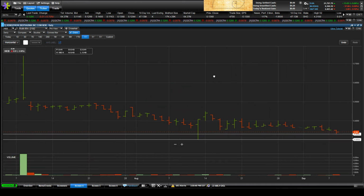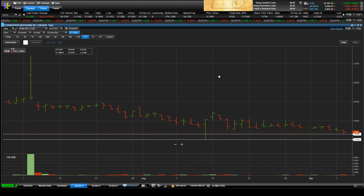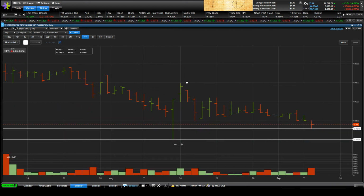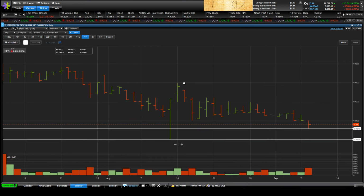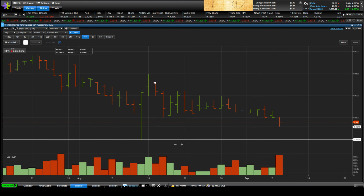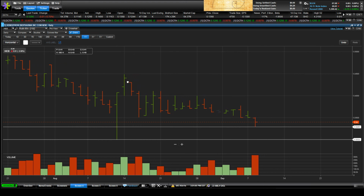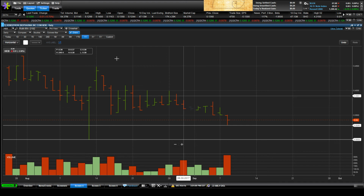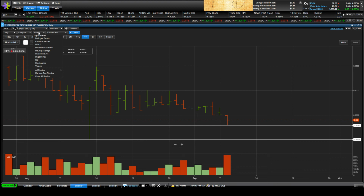Volume seems pretty steady. Of course, that day back then alters that because of that great PR. But since then, volume seems pretty steady. It's not super high. It doesn't seem like it's very well known. But it's not losing buyers. People aren't jumping out of it. But yeah, I don't know. I'd probably do some more stuff. I don't want to drag on too long and bore you guys, but